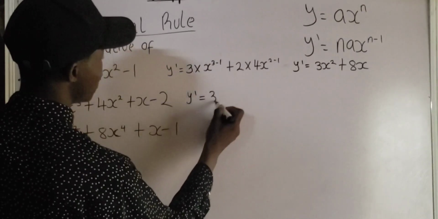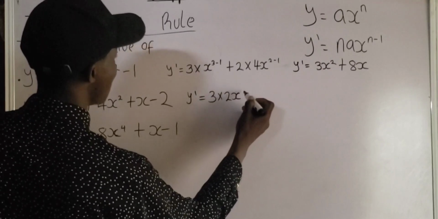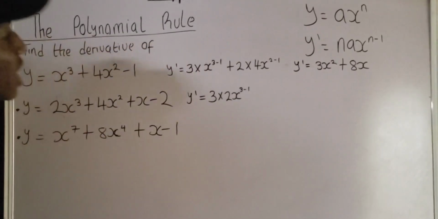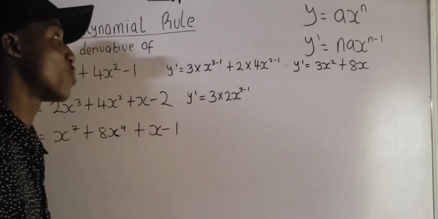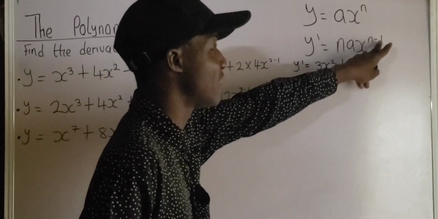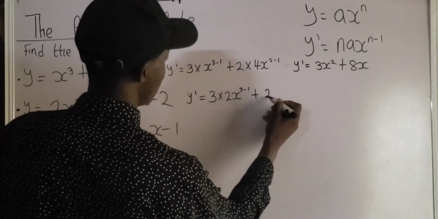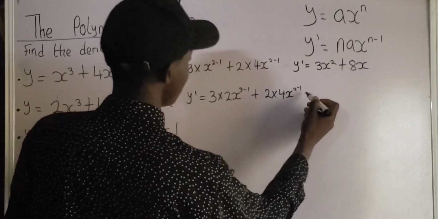The power, which is 3, will multiply the coefficient, which is 2. Then I'm going to have x raised to the power of 3 minus 1, because according to the polynomial rule, immediately the power multiplies the coefficient of x, the power will reduce by 1, as you can see. We have n minus 1. So let us proceed. Plus 2 multiplied by 4x raised to the power of 2 minus 1, plus